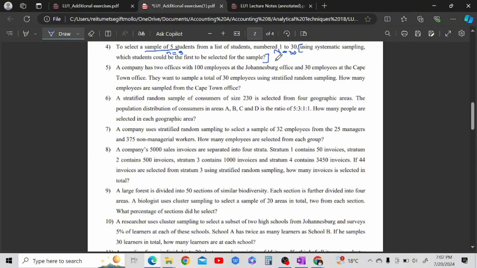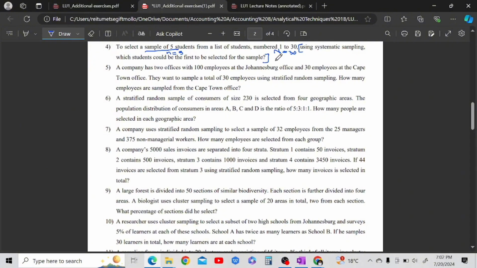So let's say our starting point is going to be here, at item number 2. At item number 2, we need to select every 6th unit. So we're going to move 1, 2, 3, 4, 5, 6. So the next item we select is item number 8. We need to select how many? 5 items out of this whole 30. So let's move again, 1, 2, 3, 4, 5, 6. So it means you're going to select 14. And then,